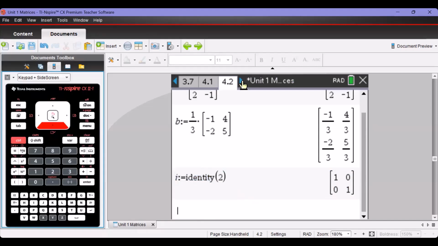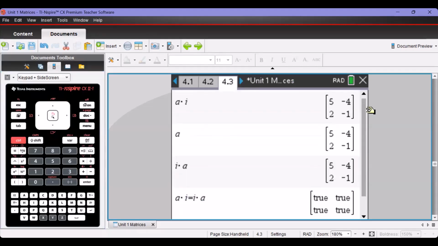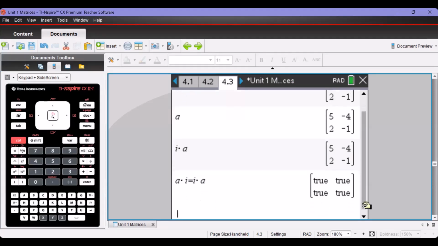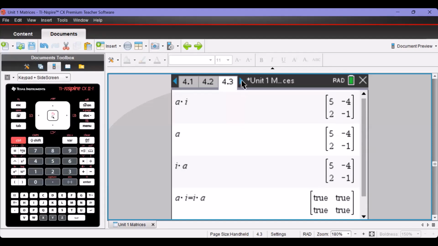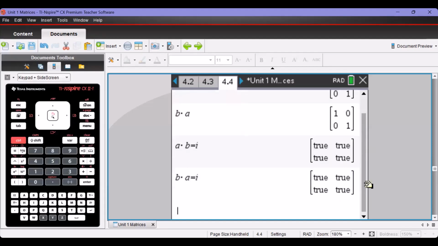Okay, so very quickly, again, matrix A times the identity matrix gives you matrix A, or the identity matrix multiplied by matrix A again gives you matrix A. And again, I like this left-hand side equals right-hand side situation, and each element in that matrix is true. Moving along,